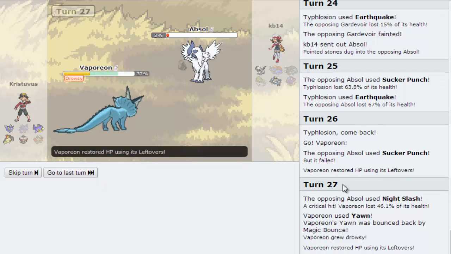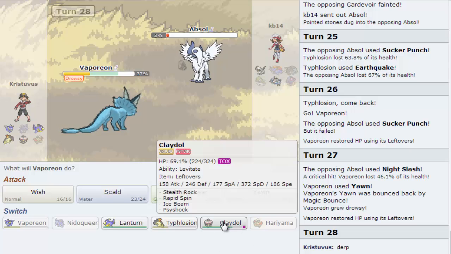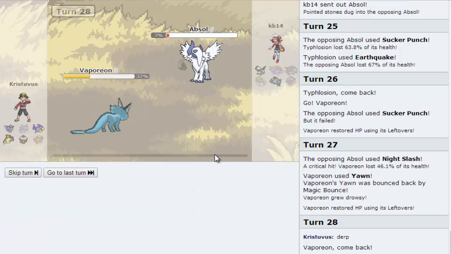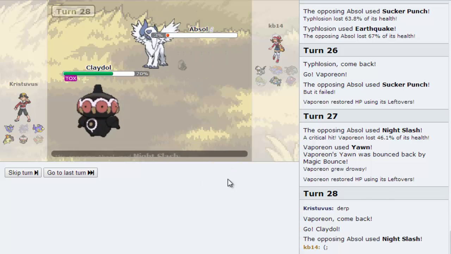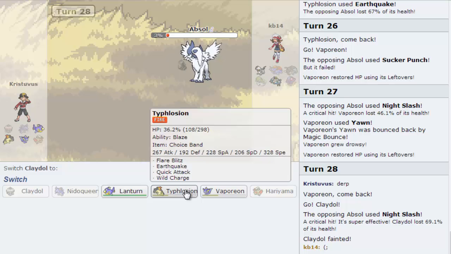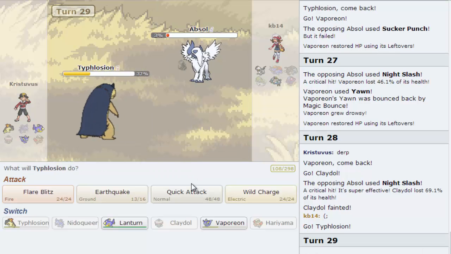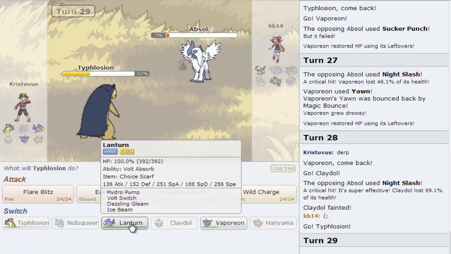Wow. Derp. Derp, derp, derp. I feel pretty stupid there. Alright, so I'm going to have to sack Claydol, which isn't that big of a deal. I'm going to go ahead into Typhlosion now. And... oh boy, this is...